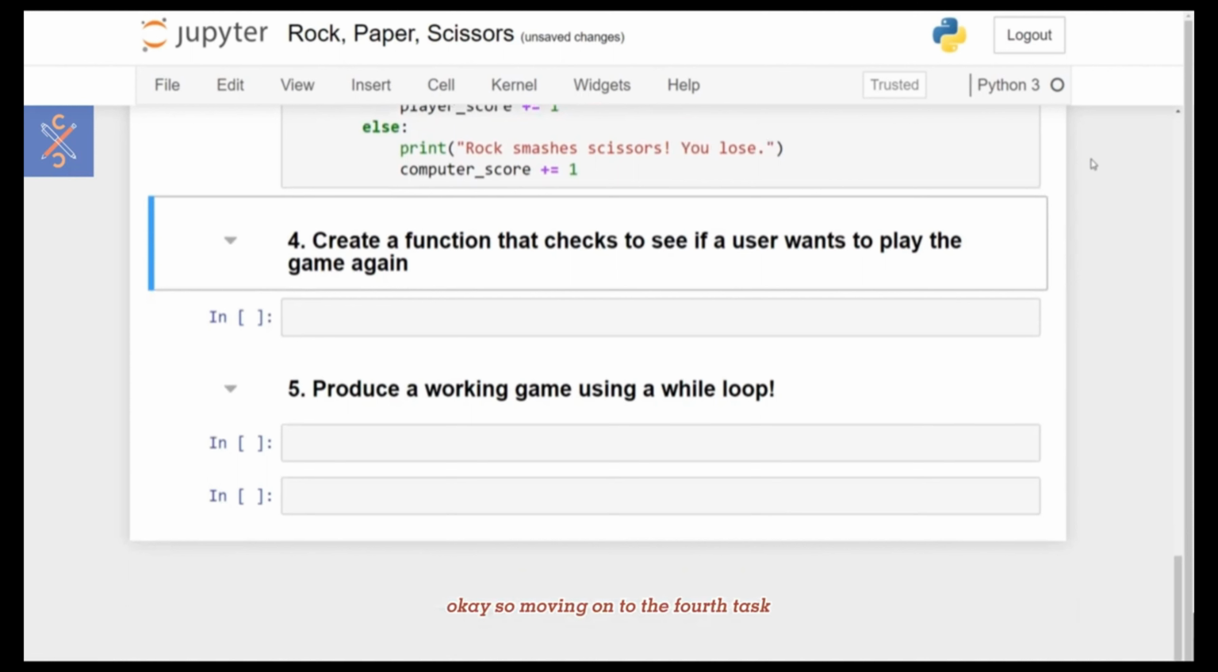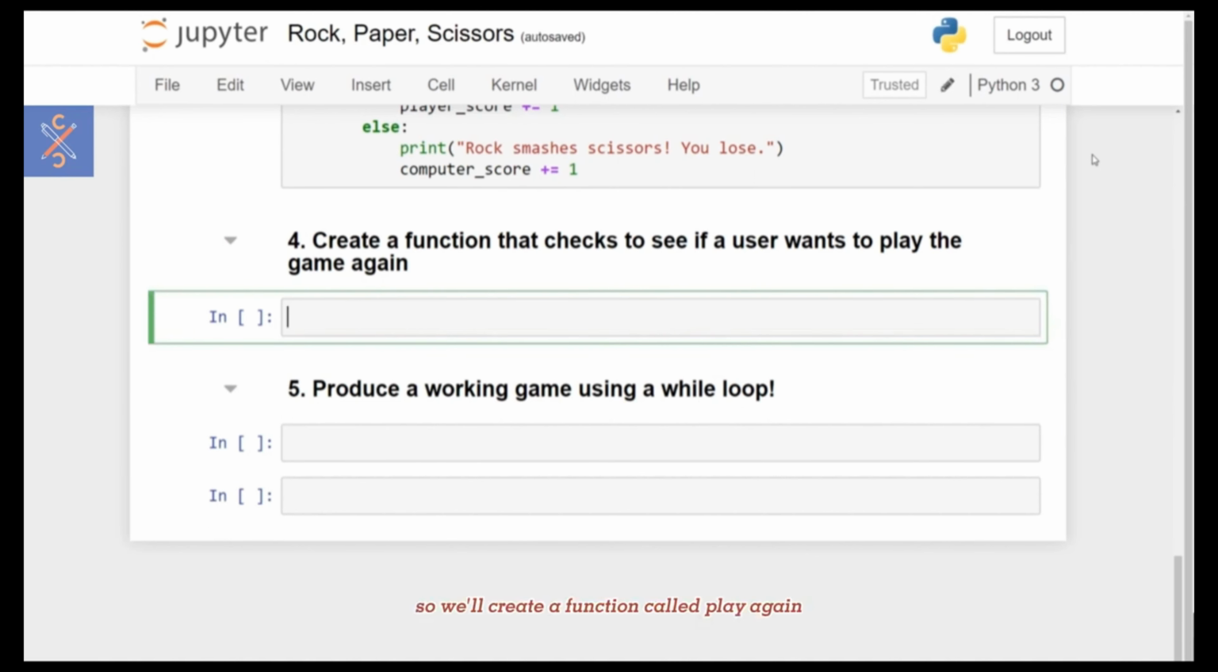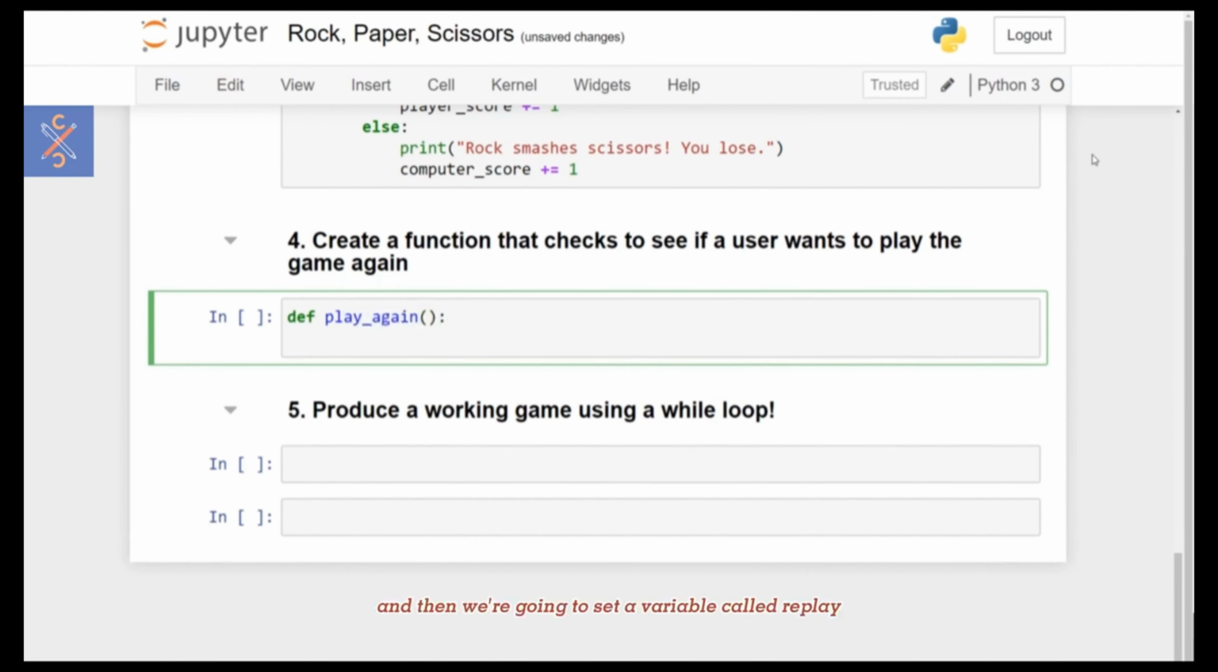Okay, so moving on to the fourth task, we need to create a function that checks to see if the user wants to play the game again. And we've seen this before, so we can quickly go through this with hopefully very little issues. So we'll create a function called play_again, and then we're going to set a variable called replay and have this set equal to the function input with the message, would you like to play again? With some guidance that we want to either receive a Y or an N, so we'll put brackets Y/N and